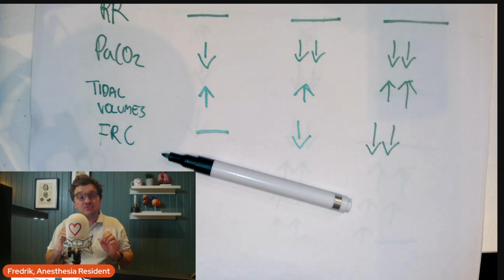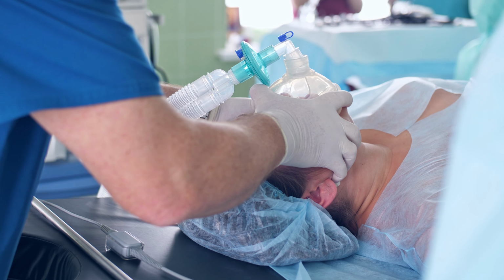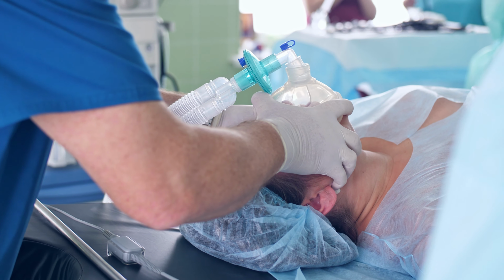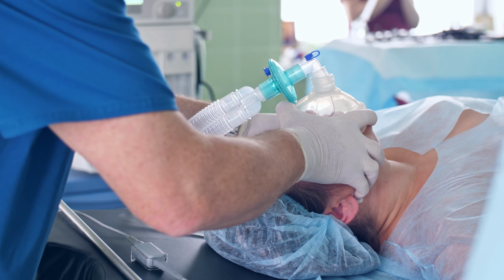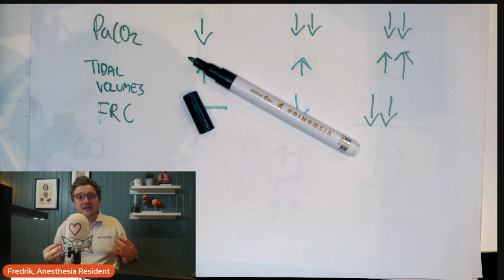So the functional residual capacity is how much air is left in the lungs after a normal expiration. When pre-oxygenating a patient before intubating them, we want the FRC to be as large as possible. The larger the FRC, the bigger the reservoir of oxygen, which means that when the patient gets apnea or stops breathing, the oxygen in the lung can keep on diffusing over to the blood and giving us a longer, safe